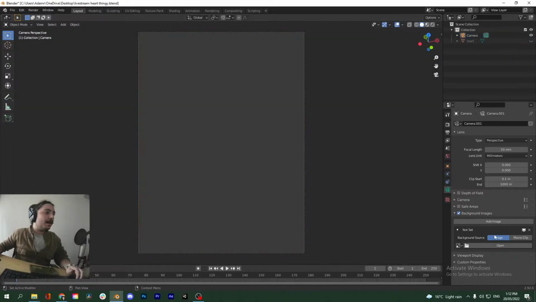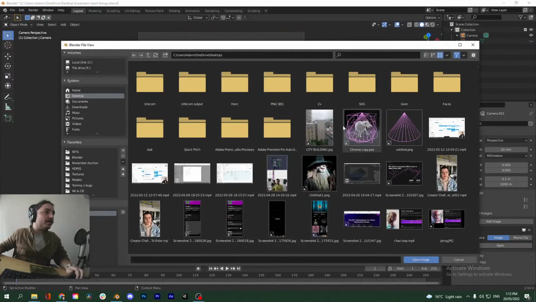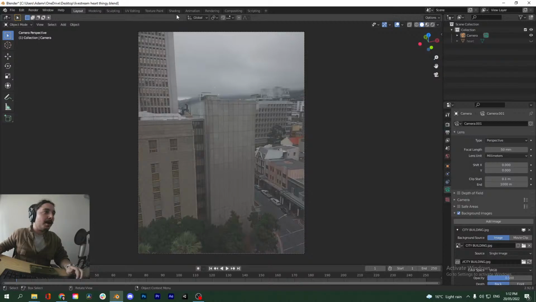Let's go back. So we can open the image, go to the desktop. Here it is. We open it up. Now, as you can see, we have basically the image that I took as a background reference image. So now what we're going to do basically is we need geometry to project this image onto. So basically we need to make some loose geometry in the shape of this building. Let's say this is the building that we want to engrave the heart onto.